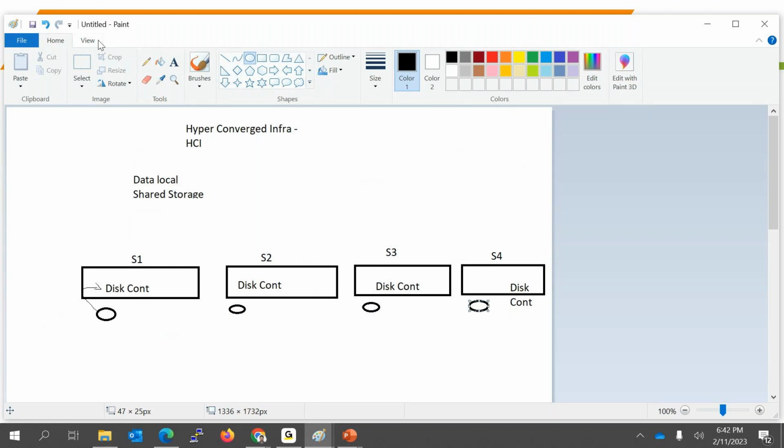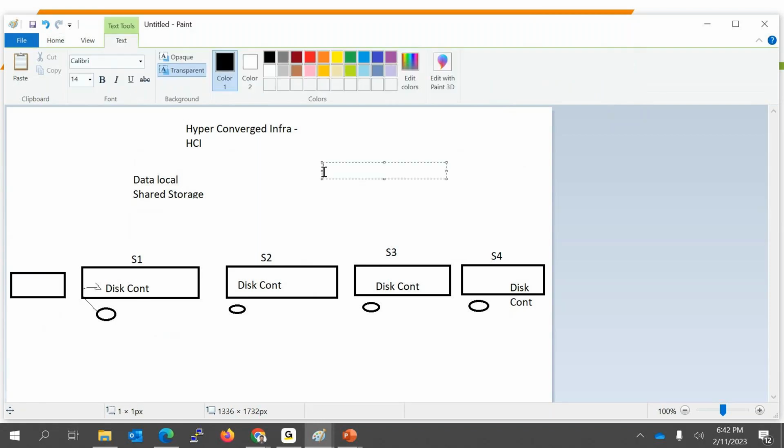So if I add one more server, what will happen? In HCI, what is a server? A server has CPU, memory, and storage, correct?